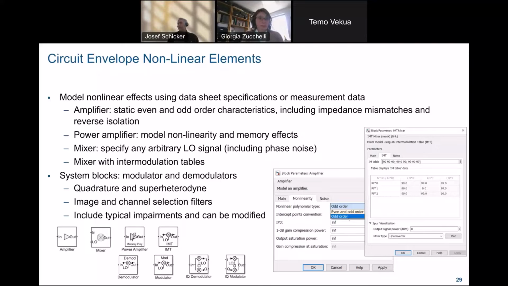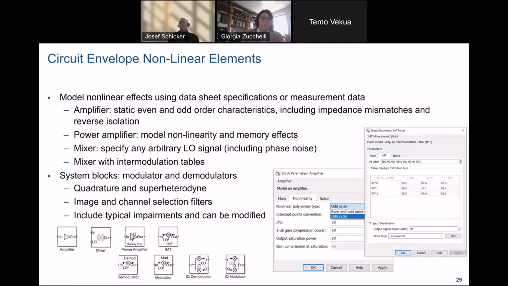And also if you're working on power amplifiers, say gallium nitride or some of the more exotic semiconductor technologies, those tend to exhibit memory dependent effects, which I can tell you are really hard to model. So you can be in a situation where not only is your component nonlinear, but the nonlinearity depends on the previous states of your input signal.